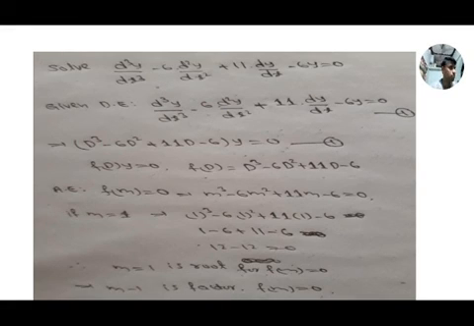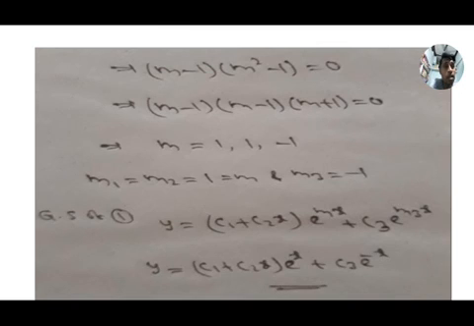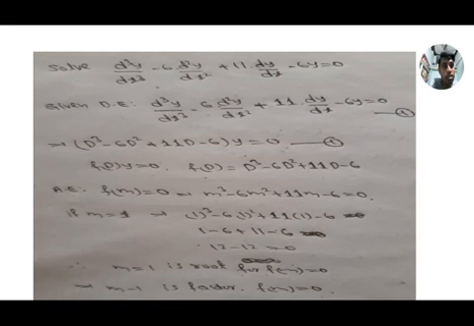Write down the problem. Here we have m cube. Here we are not getting direct factors, so by trial and error method we have to identify one root. After identifying the one root, write all the coefficients.